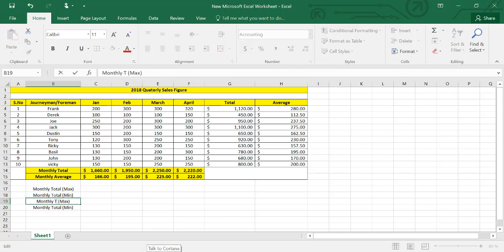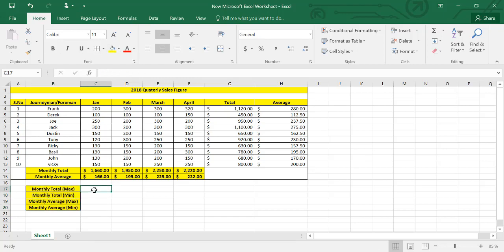I've just copied down and added it. So you can make them bold and highlight them. Okay, now how you can use the option to know the monthly total maximum value and minimum value, similarly for average. So highlighting these as well.